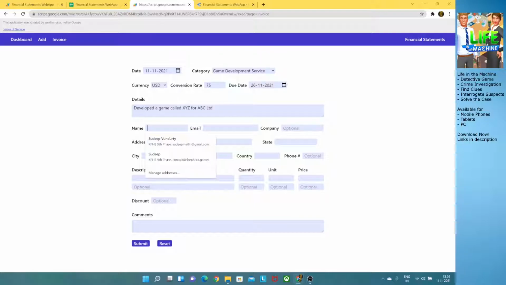You can add anything in the details. Then your customer details. I'm just adding rough values.